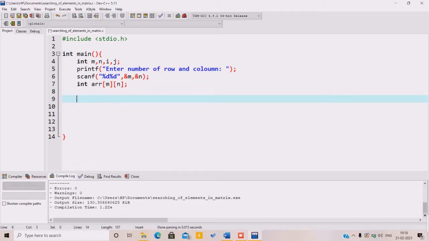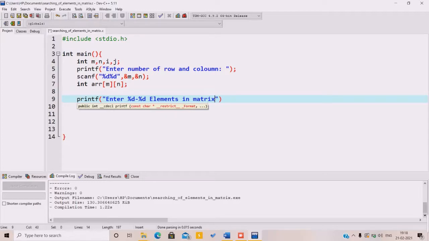So printf enter %d, this is for indicating to the user that you have to enter m rows and n columns, so enter %d x %d elements in the matrix.